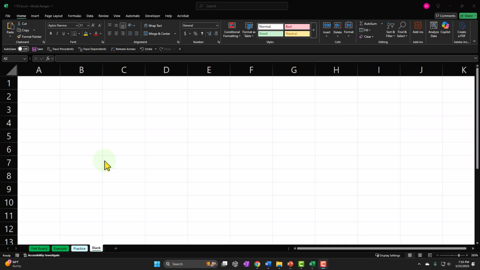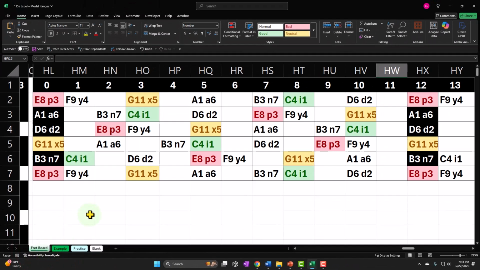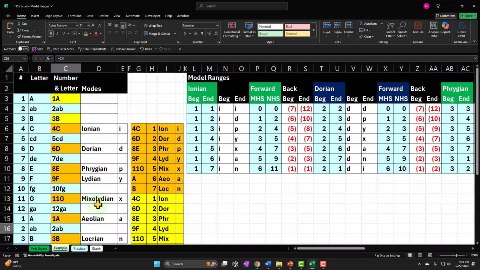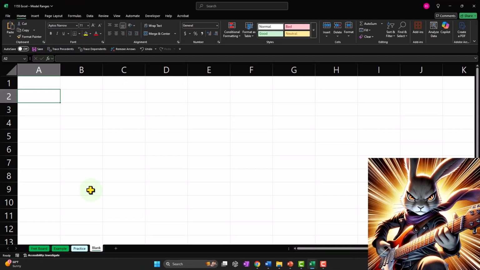Here we are in Excel. If you don't have access to this workbook, that's okay, because we'll basically build this from a blank worksheet. But if you do have access, 4 tabs down below: fretboard, example, practice, blank. The fretboard tab has a simulated fretboard that we'll be referring back to. The example tab has the finished product, in essence, the answer key. The practice tab has pre-formatted cells so you can practice the practice problem with less Excel formatting. But if you don't have any of that, that's okay, because we'll be working in the blank tab, building it